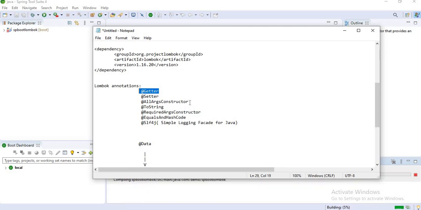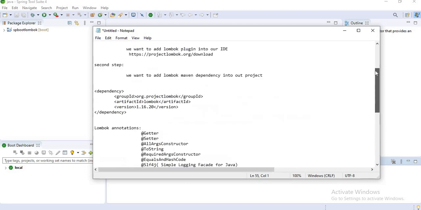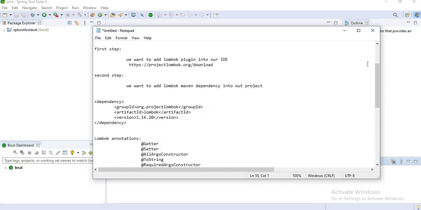Same for AllArgsConstructor, ToString, RequiredArgsConstructor, EqualsAndHashCode. And if I declare @Slf4j, then there is no need of installing the SLF4J Java file and creating the object for the logger. You can directly use it without installing any Java file or creating an object.